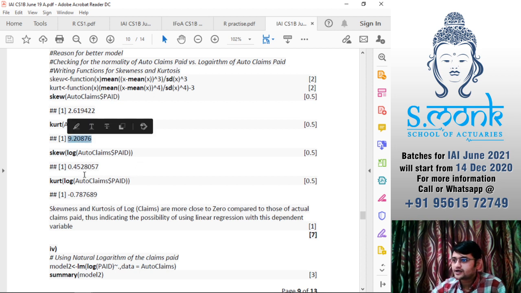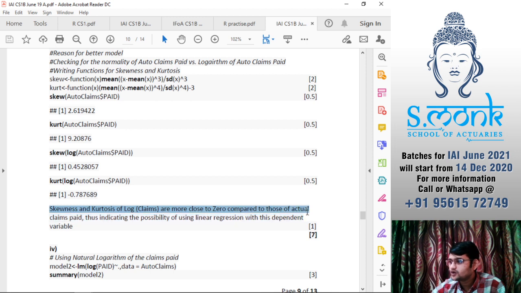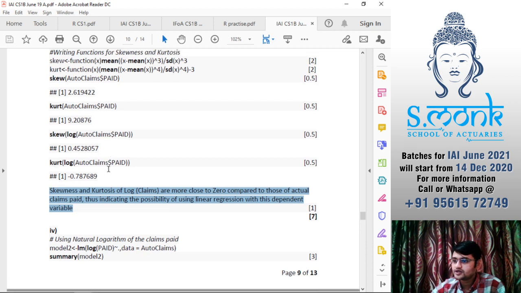We had very high kurtosis before, now we have almost 0. For a normal distribution this should also be 0. Skewness and kurtosis of log claims are more close to 0 compared to those of actual claims paid, thus indicating the possibility of using linear regression with this dependent variable. So this would follow more of a normal distribution.